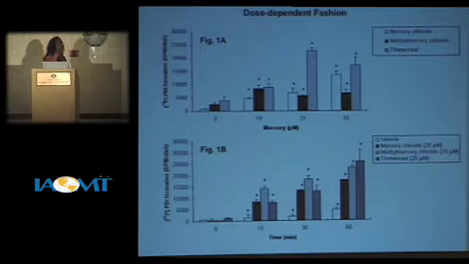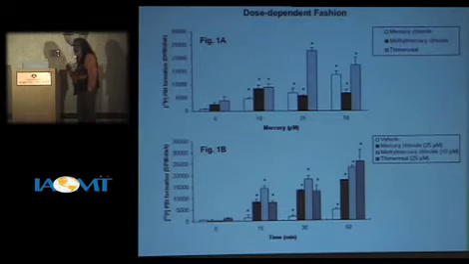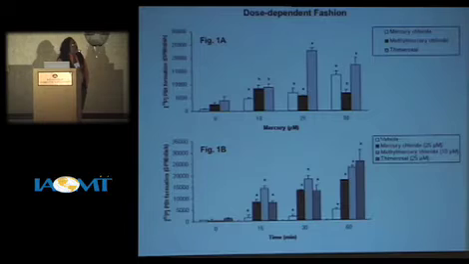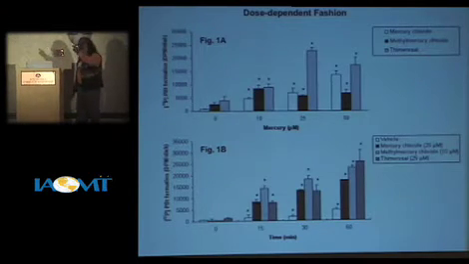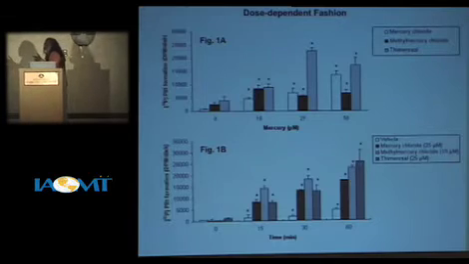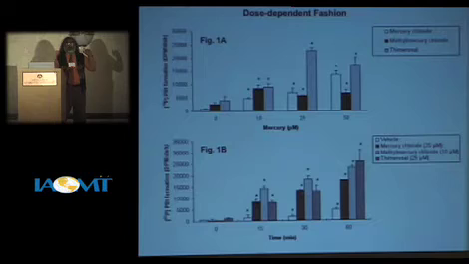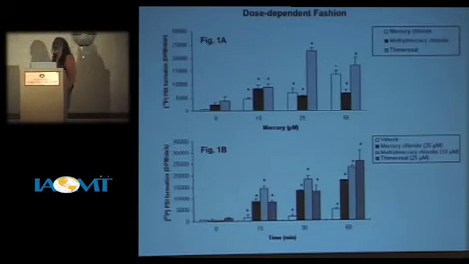So what typically we do is we take human endothelial cells or bovine endothelial cells. These are primary cells. These are not transformed cells. We grow them as monolayers and expose them to different types of mercury. In this case, we studied inorganic mercury called mercury chloride, organic mercury called methyl mercury, and another notorious candidate here, now people have opened eyes, thimerosal.